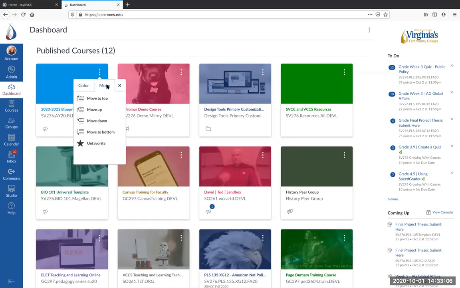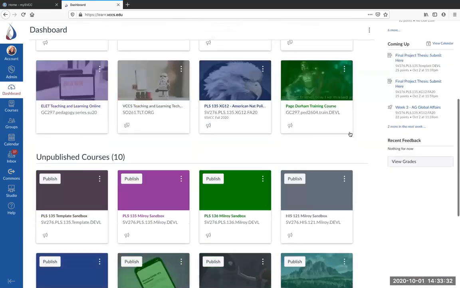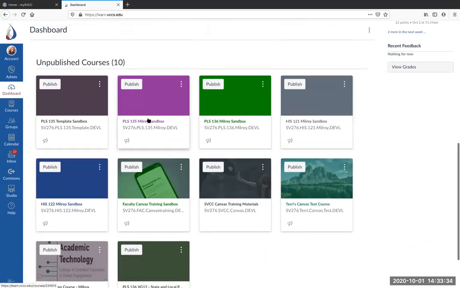You can also move any of your course tiles around using this, or you can unfavorite. Unfavorite means that you no longer want it to show up on your dashboard. You want to move it to your courses list where you don't have to look at it on a daily basis. If there are discussions or announcements posted, you may see little numbers down here at the bottom of your card. When you click on a particular course,